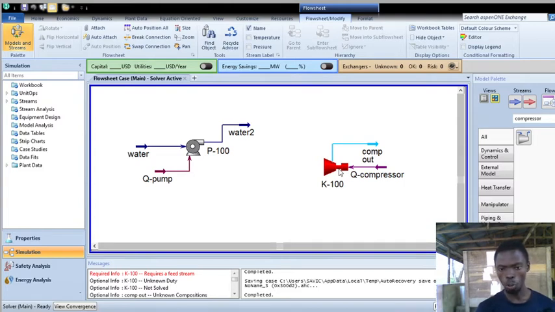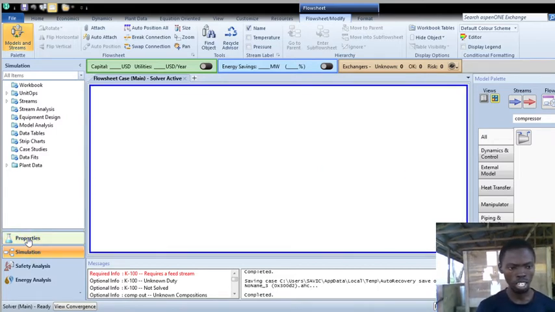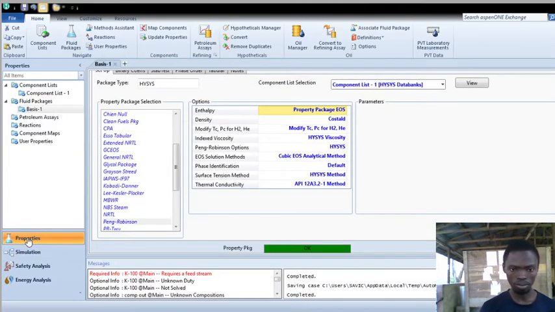You get that? So what I have to do is create another inlet stream, a gas inlet stream that will make the compressor work well. But you should remember from the onset, it was only water that we picked as our component, only water, and water is not a gas. So how do you do that? You come back to where you have Properties simulation, and then you go back to Properties in order to add another component. Not just another component, a gas component.